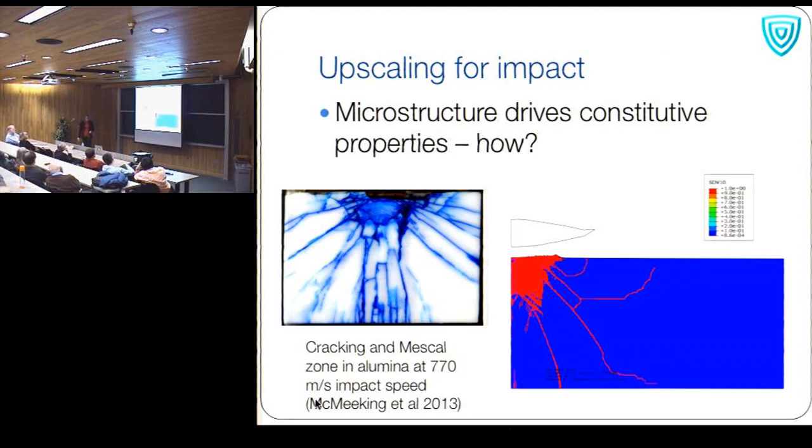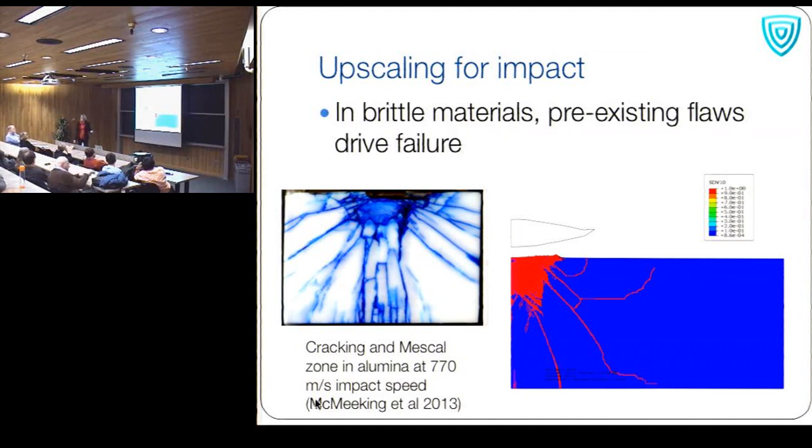So in brittle materials, typically pre-existing flaws are driving the failure. So what do I mean by pre-existing flaws? They could be,